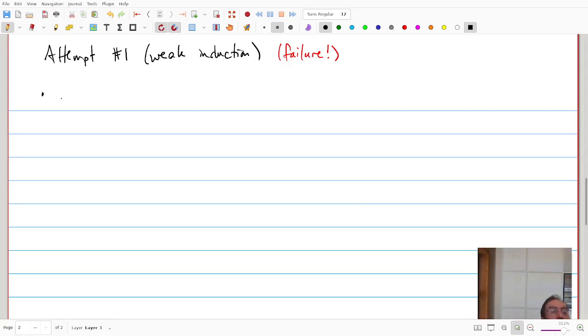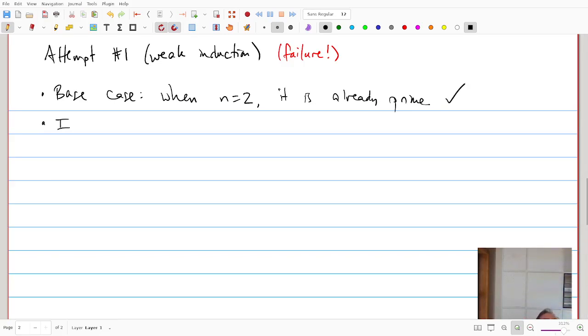So, well, we need a base case. So when n equals 2, it is already prime. So it is in fact a product of primes, it's just 2. So check. Okay, now for our induction step,